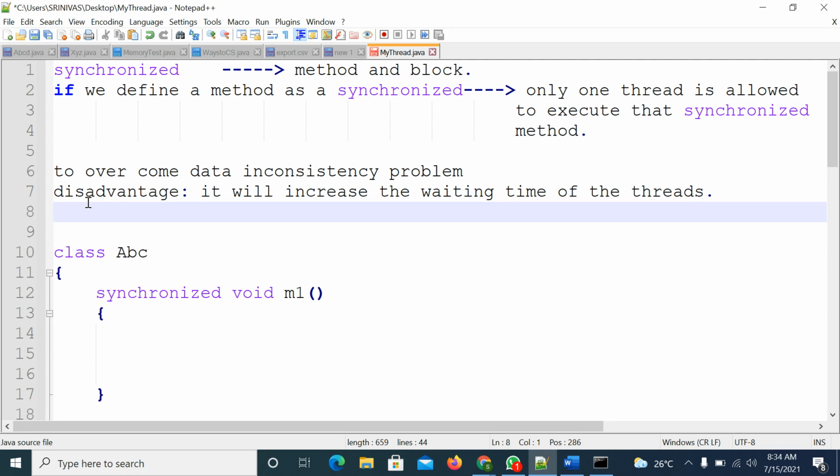So if there is a special requirement, only then should you go ahead with the synchronized keyword. If you don't have a requirement, don't use it, because that will affect system performance. Only where there is a very small number of lines of code do we use the synchronized method. That is the normal general way. To improve system performance, we are not suggested to use the synchronized method. If there is a requirement, we must use it, but only for a very small amount of code.